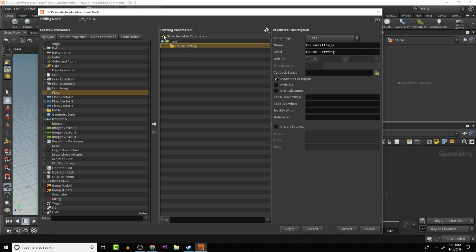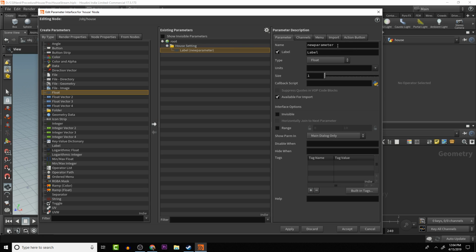And then later when we need to, we can show invisible and then bring it back. Float. There we go. And then I'm going to need 3 of them. So I'll add 3 of them right away. And label, it's going to be width, height,